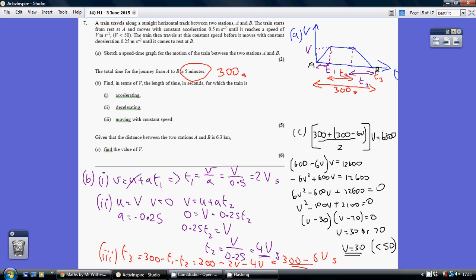I get v being either 30 or 70. Now we're told that v is less than 50, so our v must be 30. So the value v is 30. 30 meters per second really, but 30